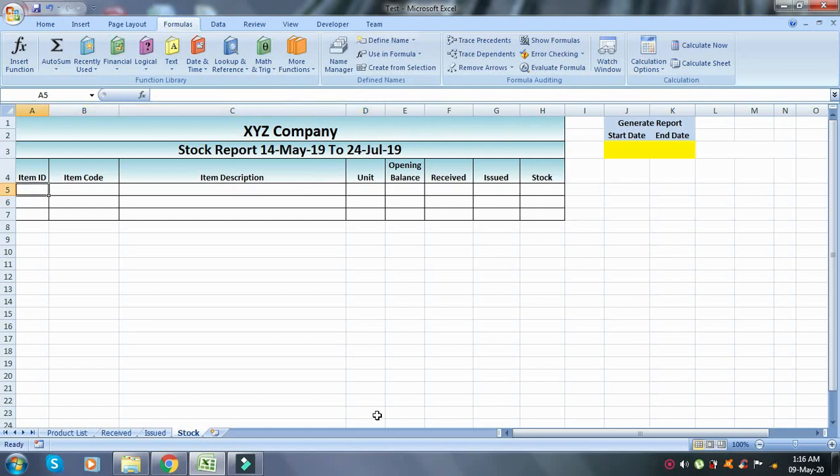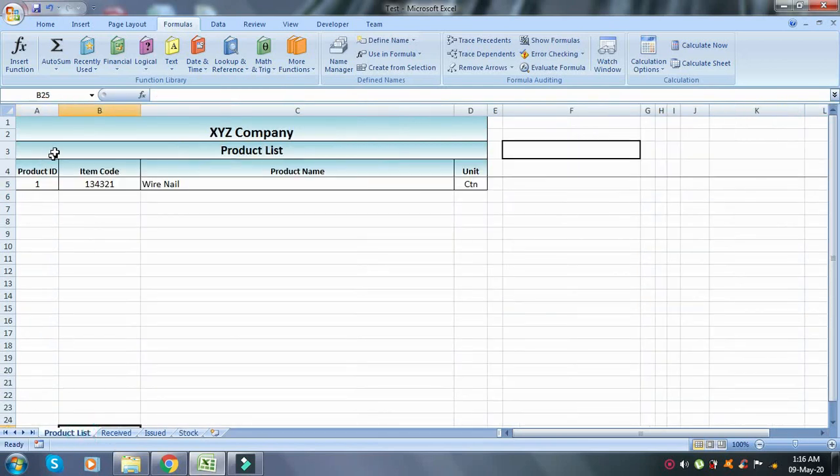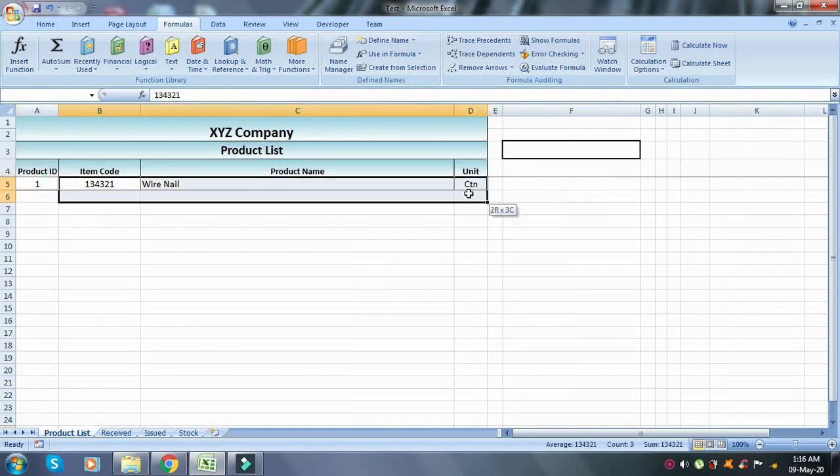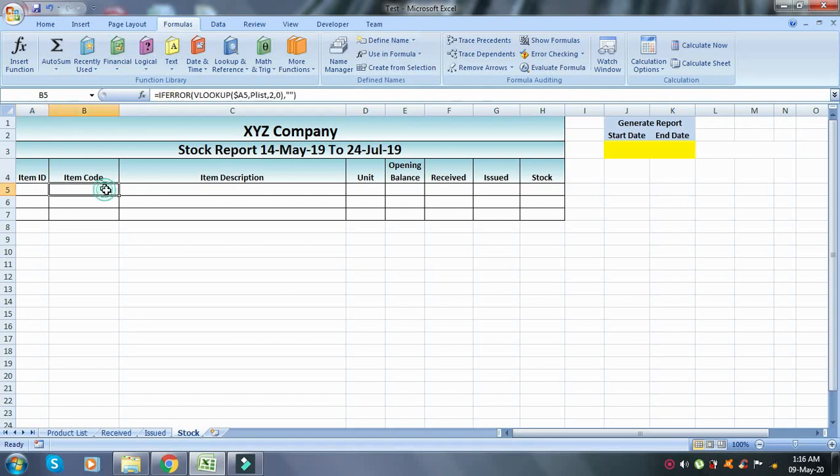As you can see here, this one row I already added before. So when you enter 1 here, the corresponding values will come automatically. But I don't want to enter it manually; I want this to be automatic.